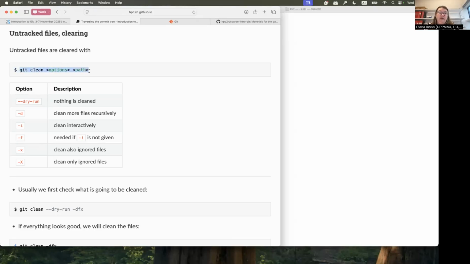So untracked files you can remove by using the git clean command, and there are several different options that you can use for that, and you may also use it with arguments, and those arguments, so this path can be either a file or several files, or it can be a directory. And the options,